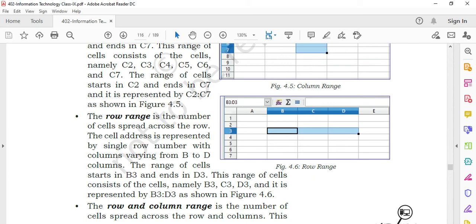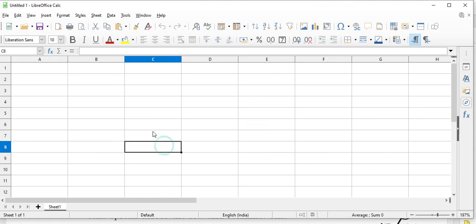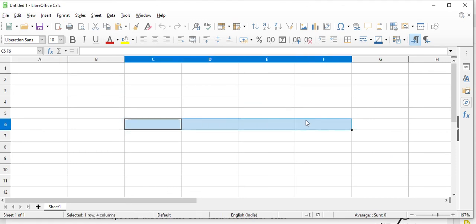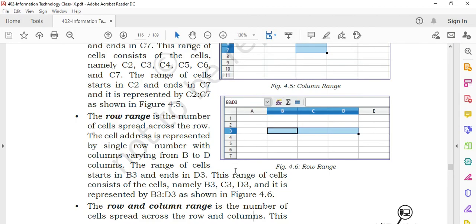Whichever you select will be shown in your Name Box. Example, here I am selecting row 6 and different columns, so from C6 to G6. This is how we represent the rows and columns.